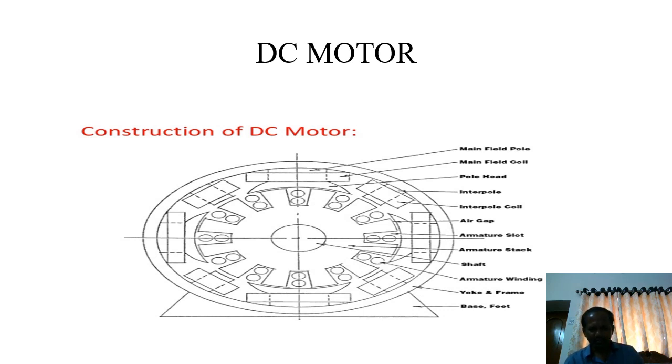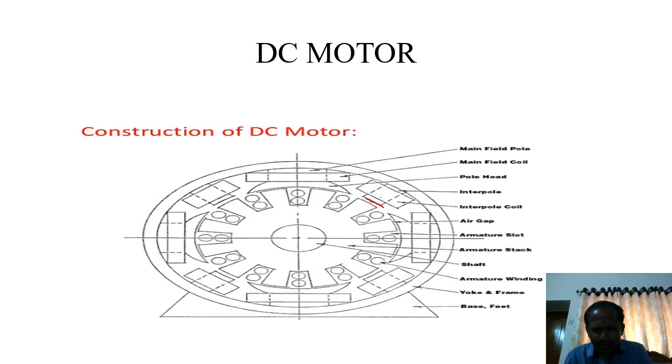Here you can see that this is the upper part of the DC motor, the stator, and this is the inner part which has a number of slots. This is called the armature. In the armature, all the slots are placed with conductors, and the armature is completely laminated. Between the stator and rotor, you can observe a very small gap. This air gap is there to allow the rotation of the flux.